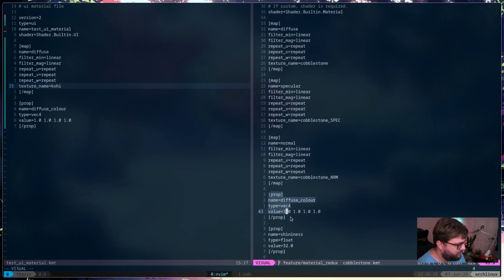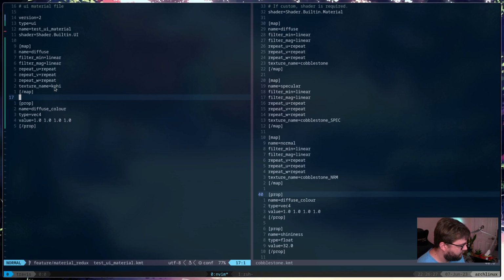This property was actually copied directly, so I'm not sure why it's failing to handle this.